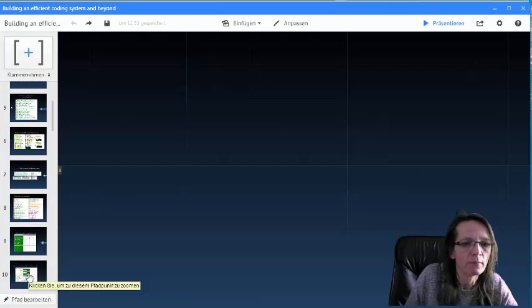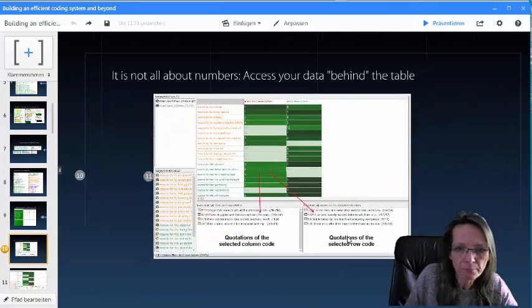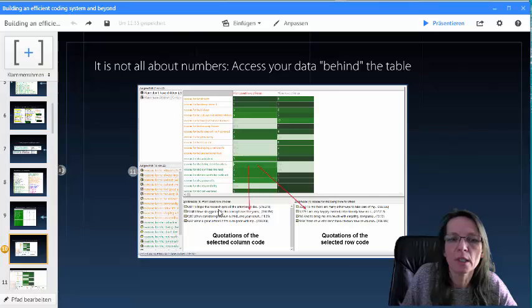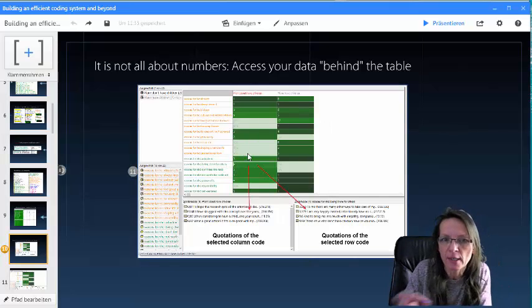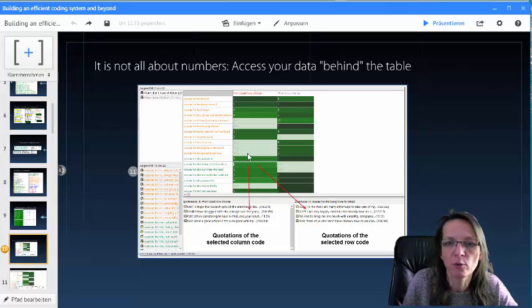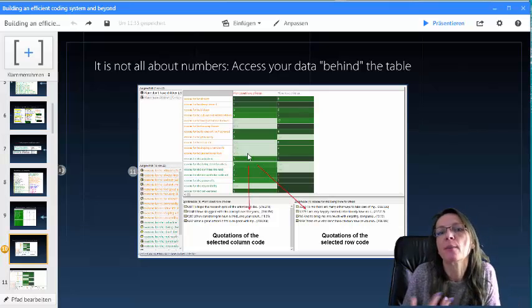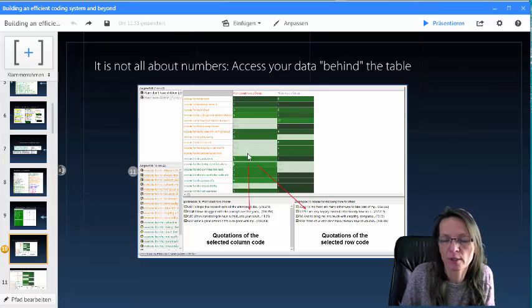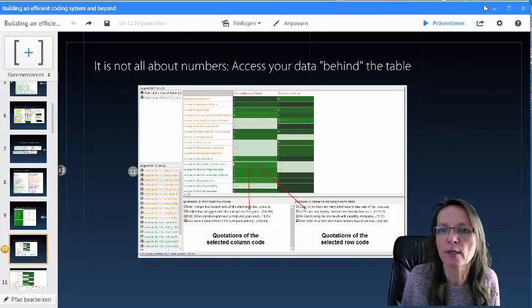There's one other one here. So here we have that as a code co-occurrence table where you then can relate 2 issues to each other, and then also have access to the data behind it. So you not only get numbers, but of course always can review the data behind it. So that's the purpose of building up the coding system in this particular way